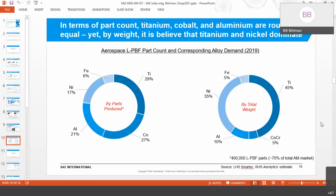So just summarizing this section, this is a rendering of, for this laser powder bed fusion, which is roughly 70% of the total AM market for aerospace. There's a company out there that released some data recently that talked about total number of parts. And this is 400,000 parts that have been produced for aerospace. Now, I don't have more transparency than what I'm sharing with you in terms of what constitutes aerospace. For me, it's usually commercial aircraft, let's say aeronautics. In some cases, it's astronautics, and that's important now because of space vehicles. So if we do consider space vehicles, launch vehicles, satellites, especially